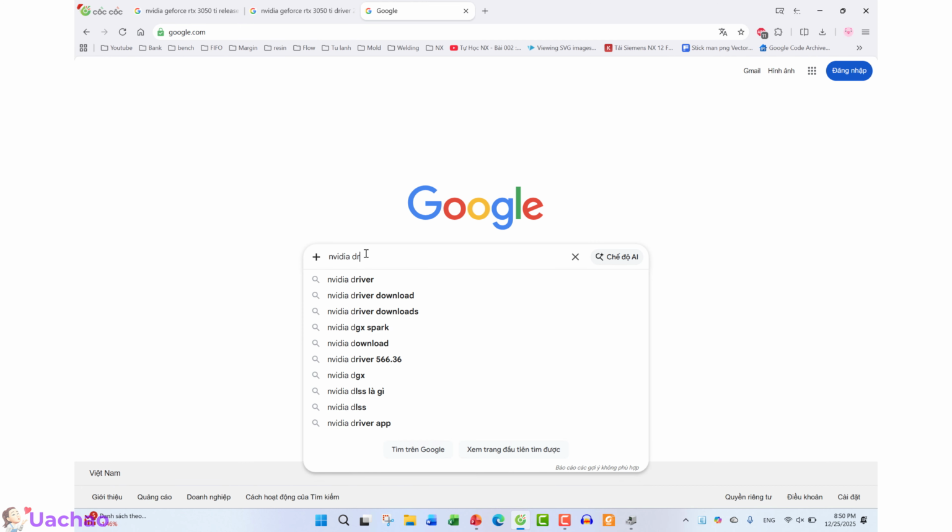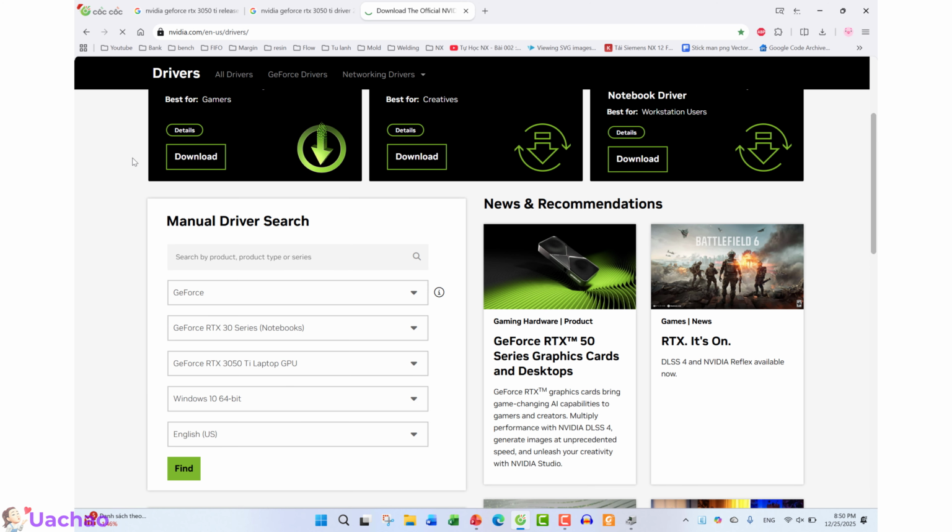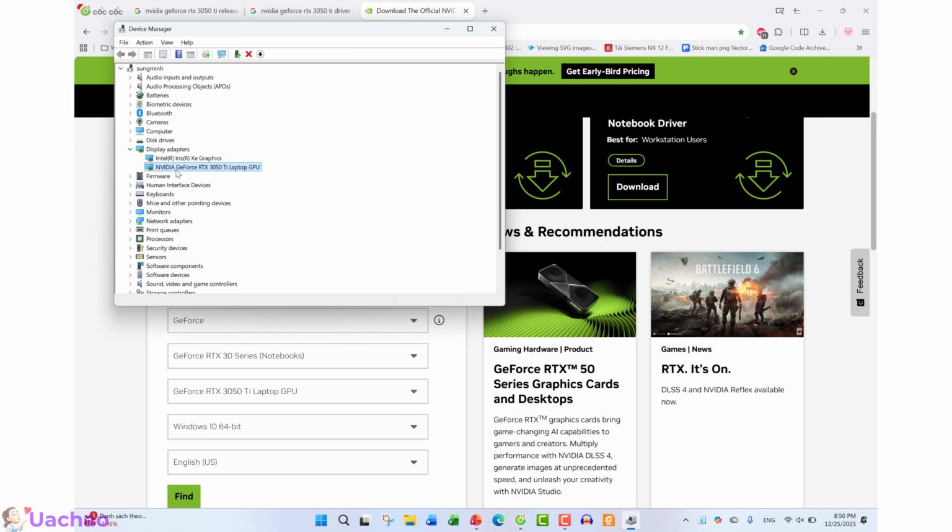Next, search NVIDIA driver on Google. Go to the NVIDIA official website. Enter your GPU name exactly.